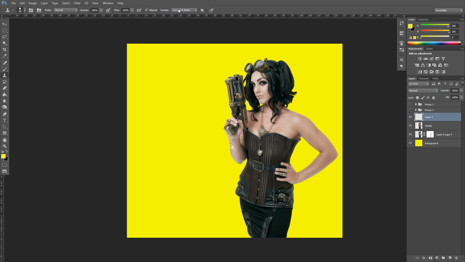We're going to go up to the top, to the drop down menu, and we want to make sure that Current and Below is clicked on. What it does is it takes a sampling from the bottom layers as well as the top. So we're going to hold down Alt on our keyboard, or Option if you have a Mac, and select the top middle of the object, and then we're just going to go to the side where we're going to put our pixels,